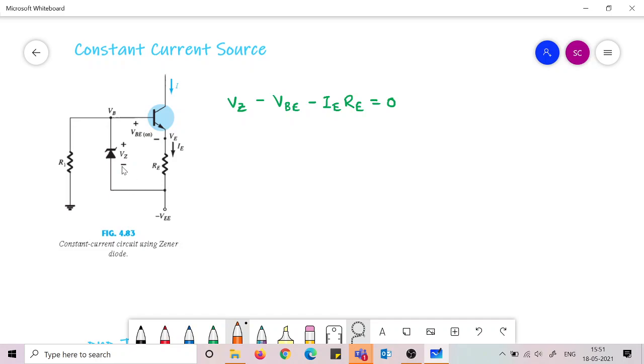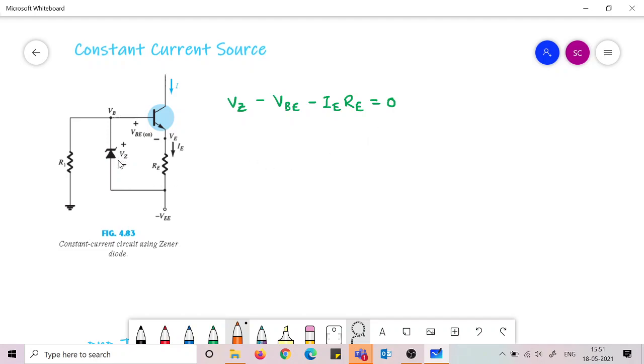So what happens is this, that when this Zener diode is conducting, in this loop you have, this is the KVL, VZ minus VBE minus IE RE equal to 0,